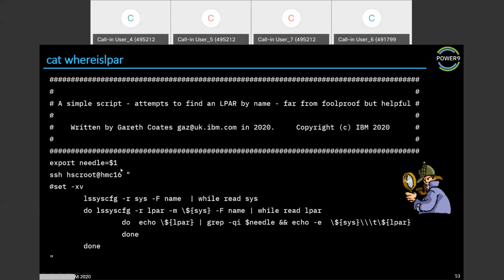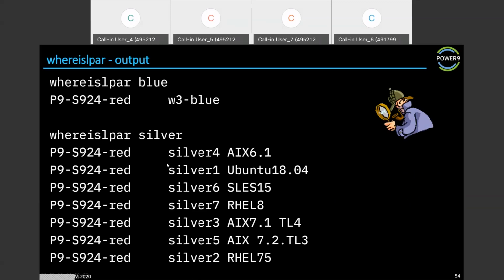I'm looking for a needle in a haystack, as it were. I SSH into the HMC, and I go to list the names of the machines, and for each of them I go to look for an LPAR which has the regular expression $needle in it. So for example, I can say where is LPAR blue, and it tells me that the LPAR called W3-blue is on a machine